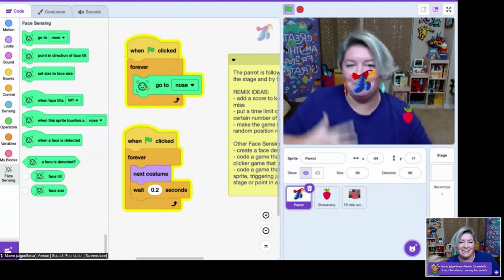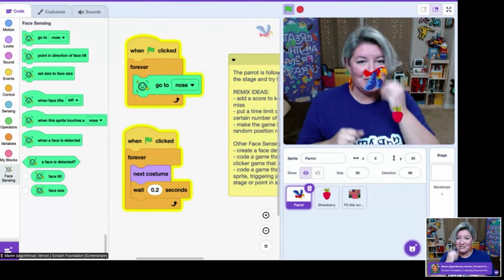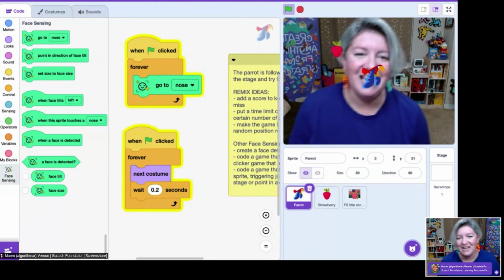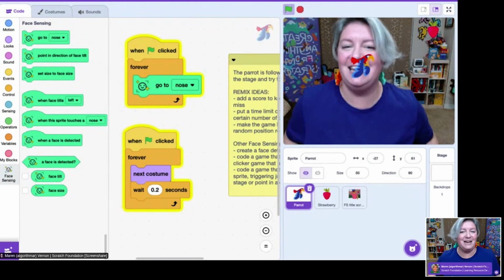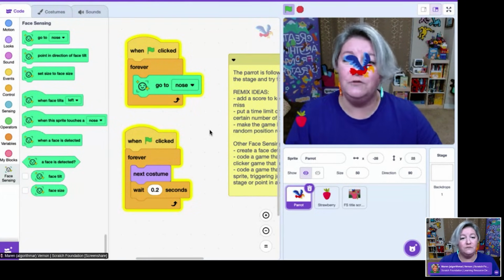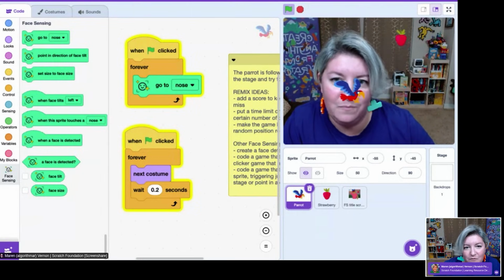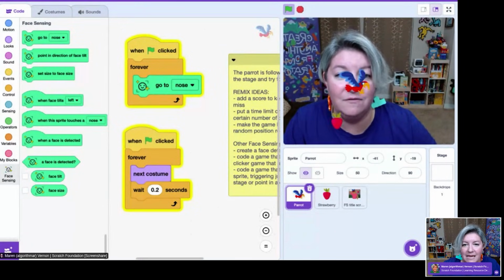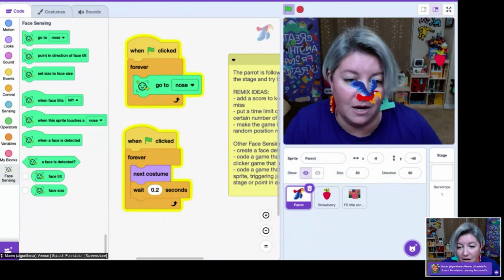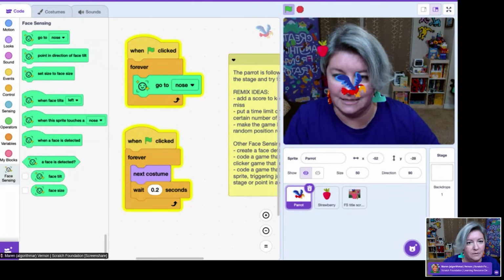And so it's getting me moving. It's for those wiggly learners, this can be really helpful too, as sort of a mind body connection. And just a few blocks, and you've already got something really dynamic and interesting. And then you can sort of build upon that and make even more complex projects. Let me just grab one more here as an example.